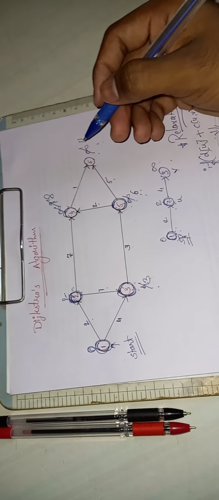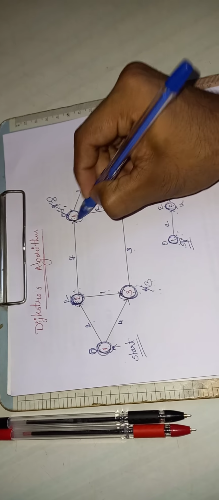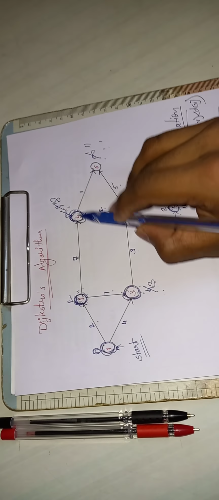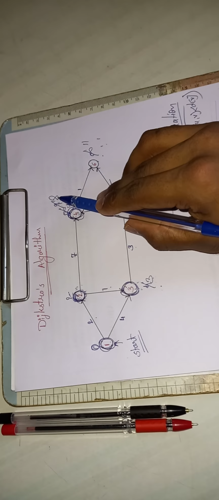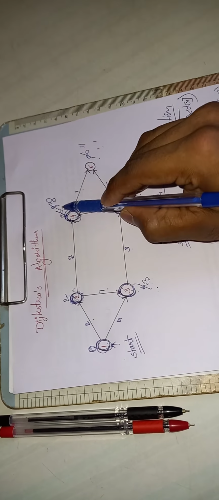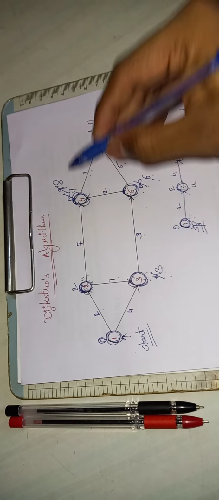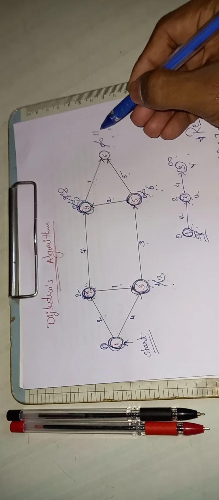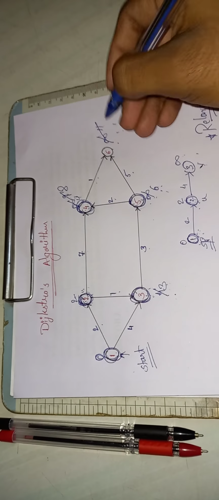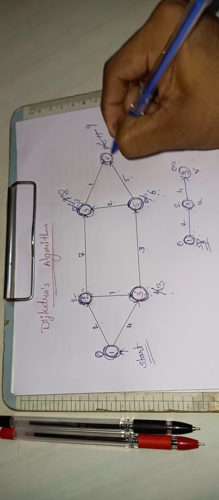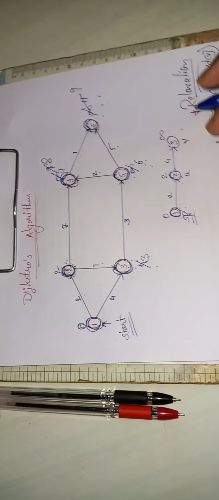Now we have to move ahead. Which one to select? Which is the smallest, 8 or 11? 8 is the smallest, so select this one. Again consider this as u, consider this as v. So u plus cost of edge, that is 8 plus 1, that is 9. Now here it is 11 and we have got the answer 9. So is 9 less than 11? Yes, it is less than 11, so update, means 11 will be updated with 9. This way it is also updated with the help of this formula. Okay, is that very clear?